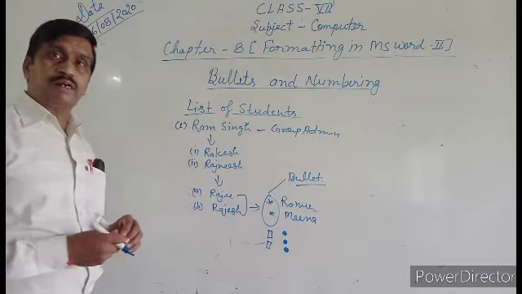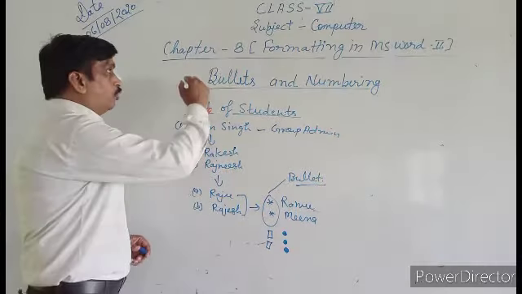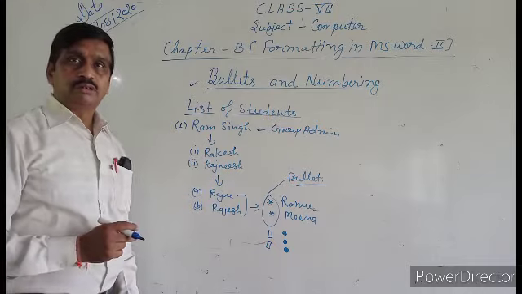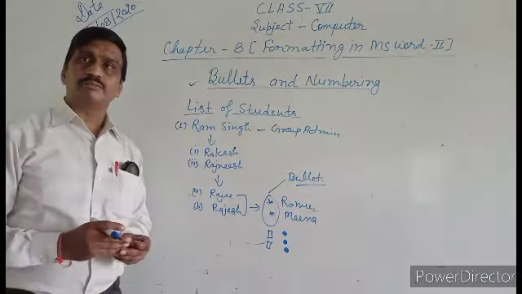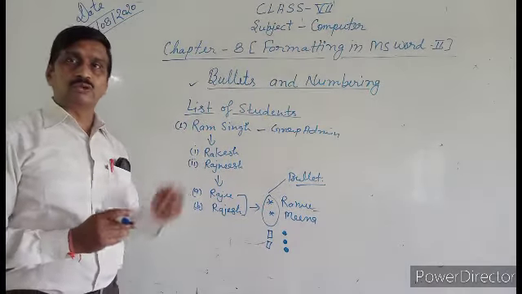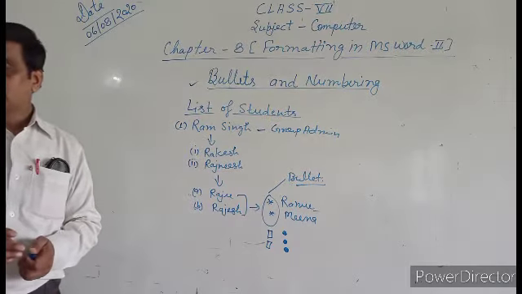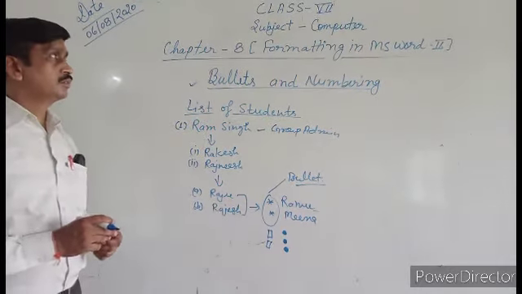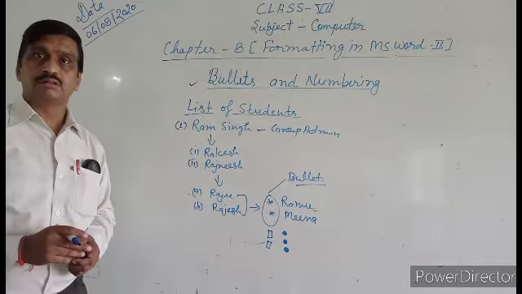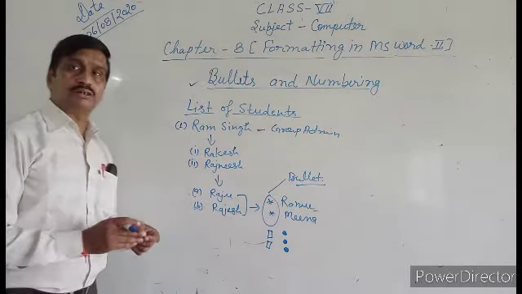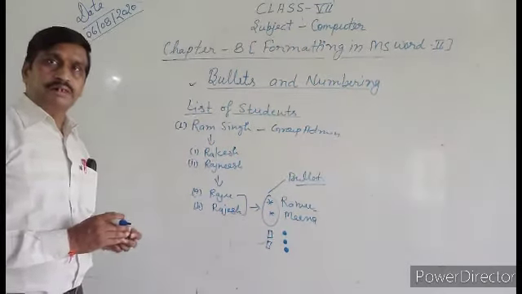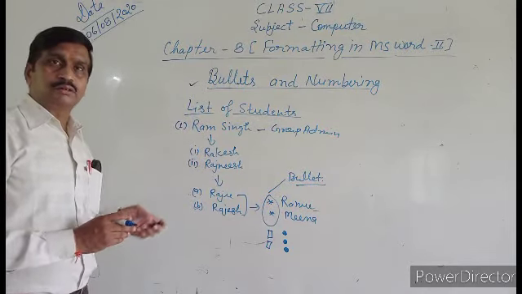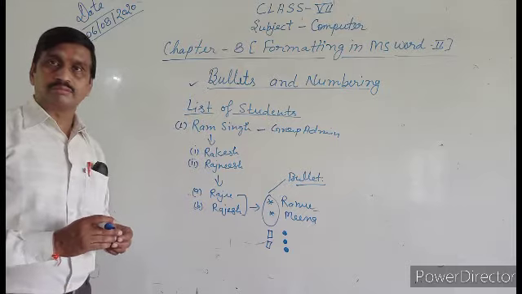Go to the formatting toolbar and click on the bullets and numbering option. First, select any text. After that, go to the formatting toolbar and check your list, number list or bullet list. Suppose you use the number list, then click on numbering and select bullet list, then click on bullet.